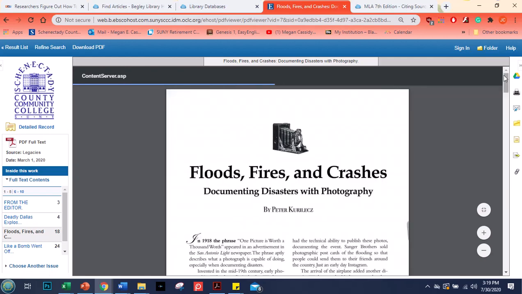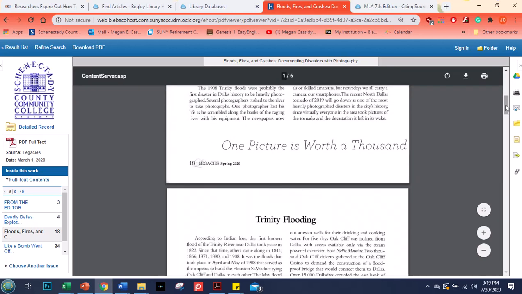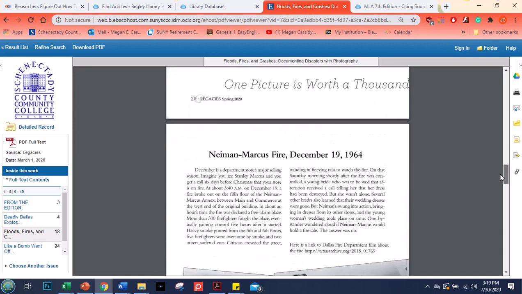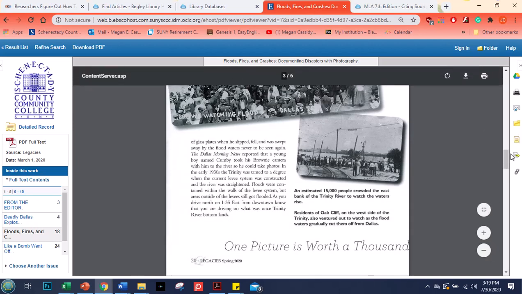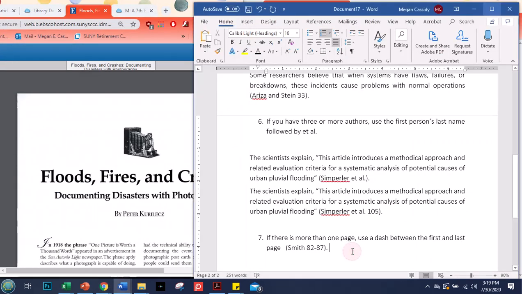Now, a lot of times a range of pages can be, well, it's really 2 different situations. One, that you want something that you're quoting that goes from this page to this page, right? Now I'm highlighting weird stuff here, but let's go down one. There's a lot of pictures. Okay, so let's say that we're quoting something that's on page 20 and also on page 21. We would have,